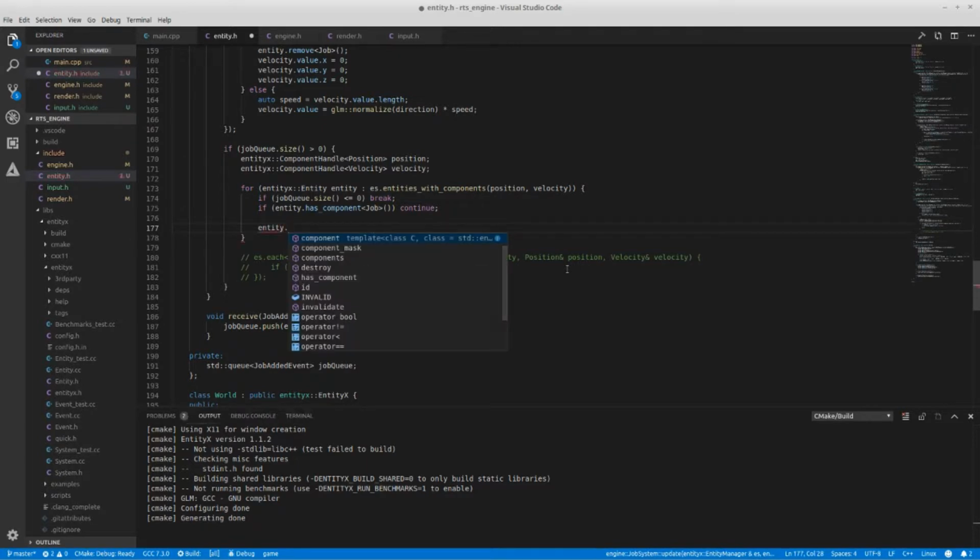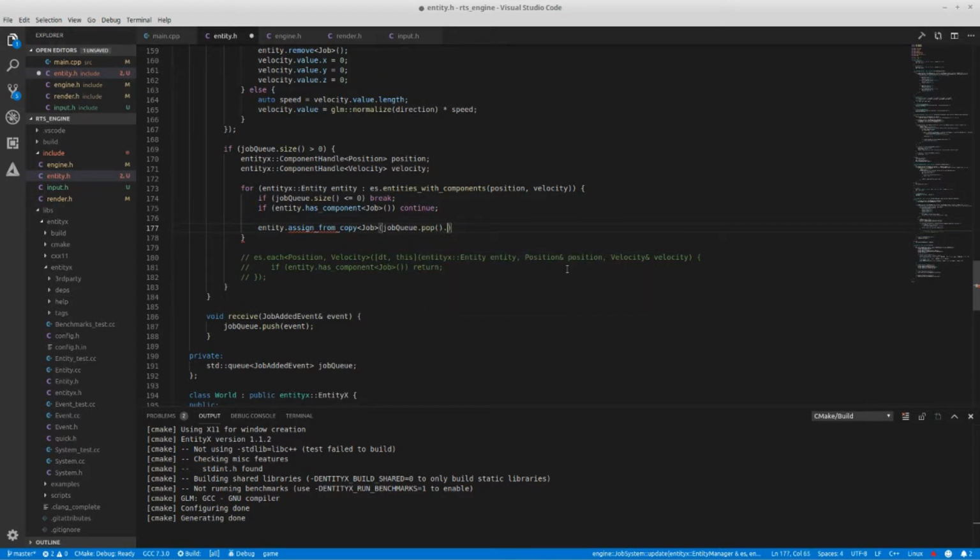So as long as there's no thread shenanigans, it should be fine. Entity.assign from copy. And then I would give it job queue dot